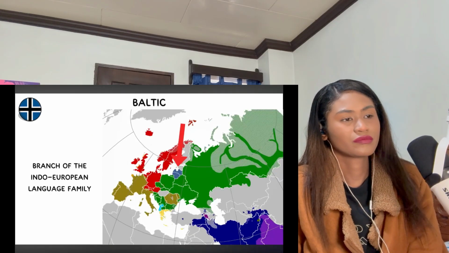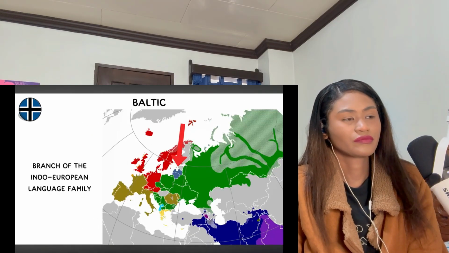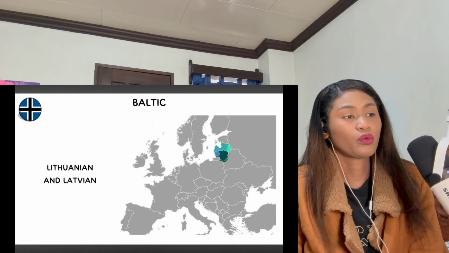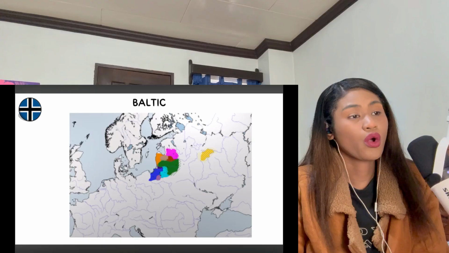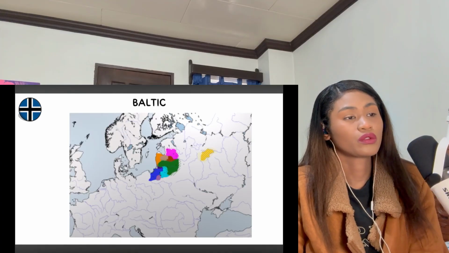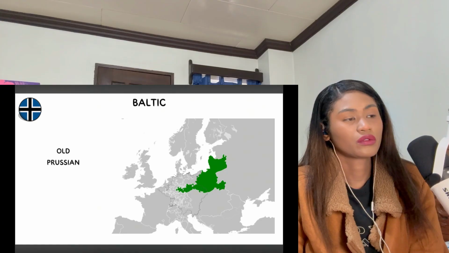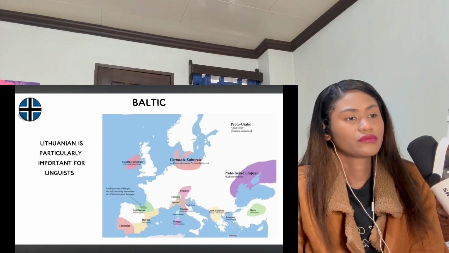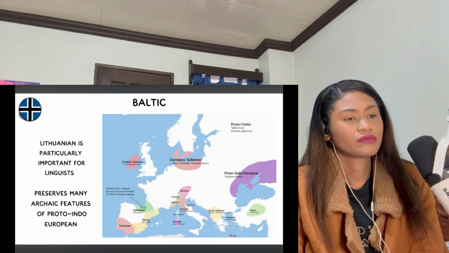Baltic. The Baltic language family, a branch of Indo-European, is represented today by only two living languages, Lithuanian and Latvian. Historically, however, Baltic was once spoken across a larger area of northeastern Europe. Old Prussian, another Baltic language, disappeared in the 17th century after Germanization. Lithuanian is particularly important for linguists because it preserves many